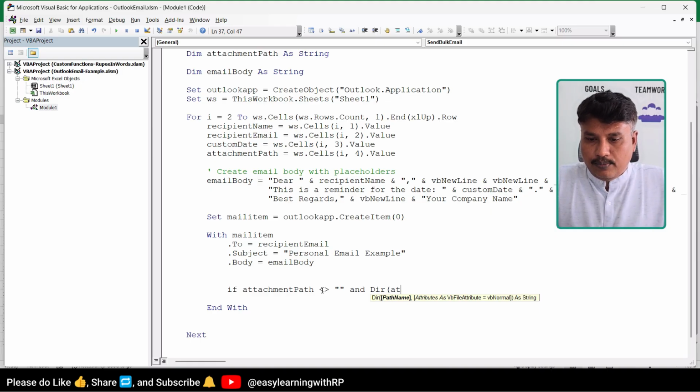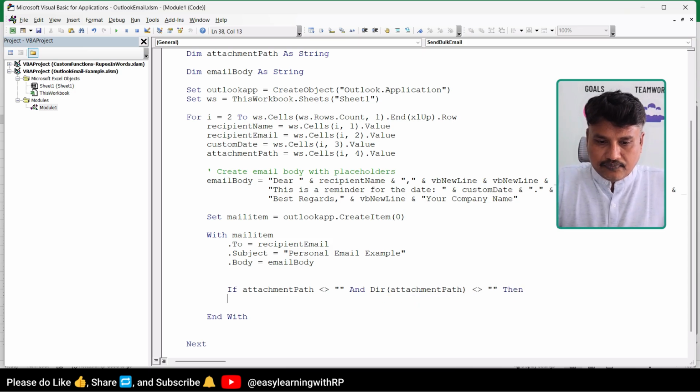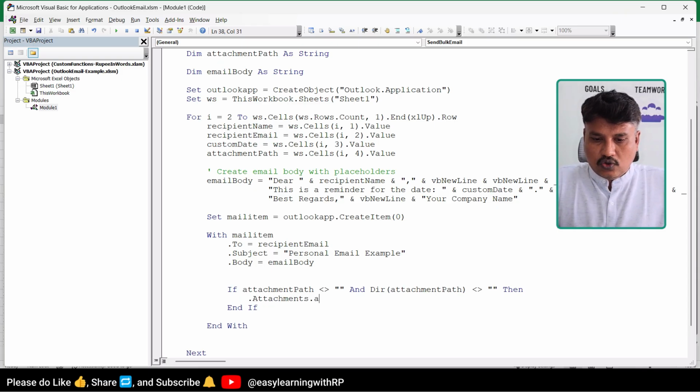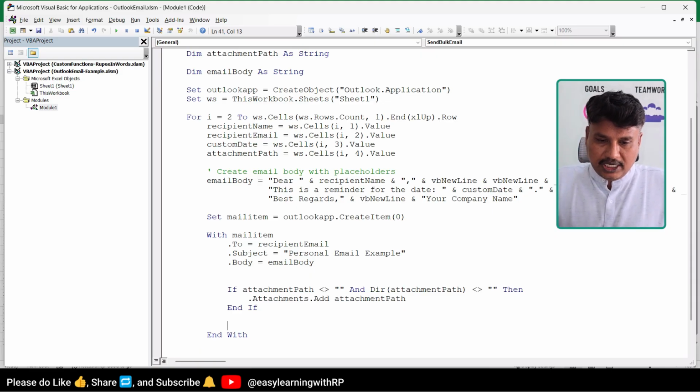So if it is not blank, then dot attachments dot add attachment path. This line of code will attach the attachment from that particular directory to your email object.